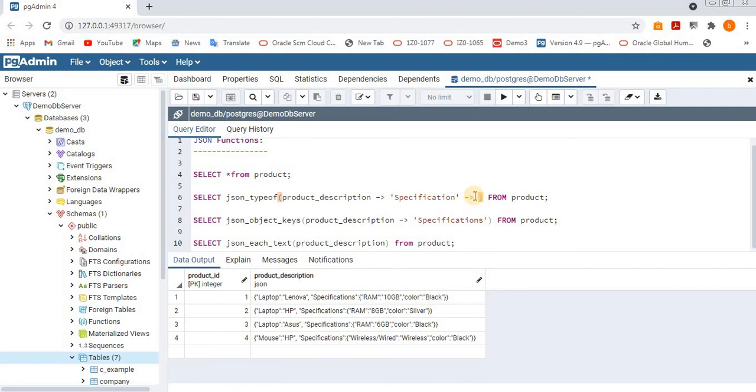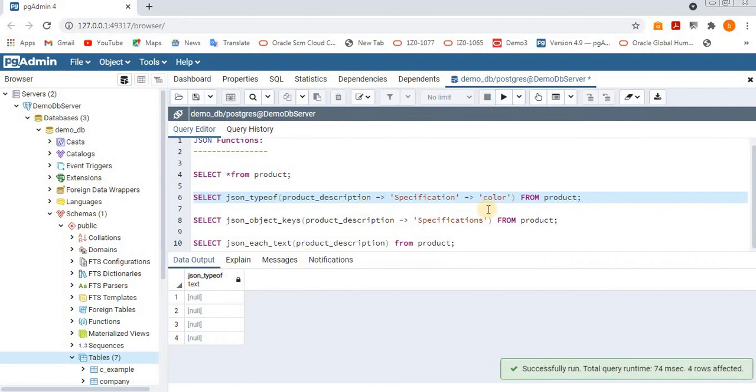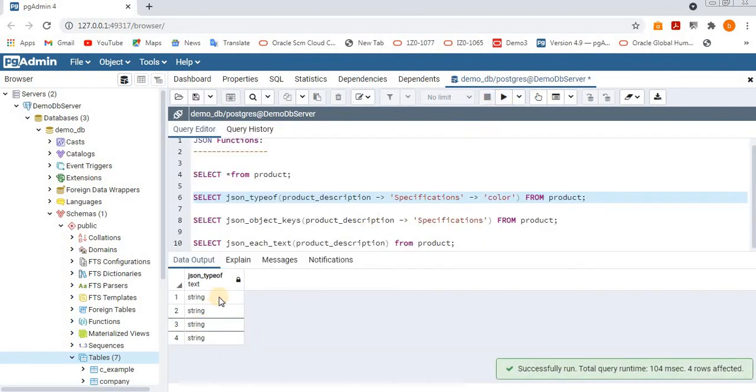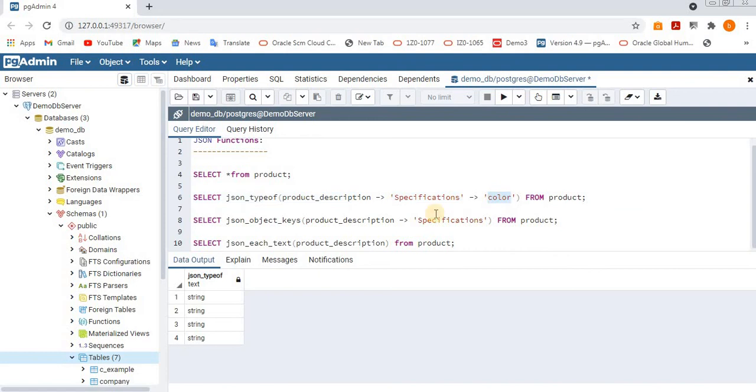How to give it? I just wanted to get the data for color. Just execute it. Sorry, one second, wrong name. Yes, we missed it. Now try to execute it. See, we got a string, which means the color data type. We get the type of data we have in the color key. Up to specifications, if you execute, you'll get the object type.